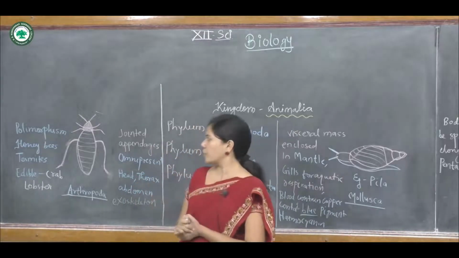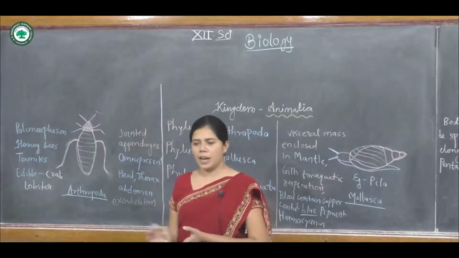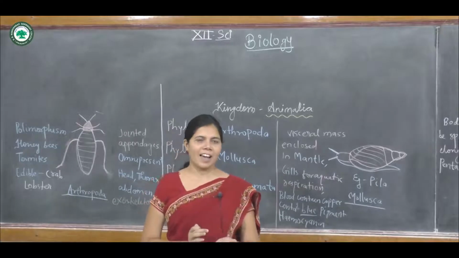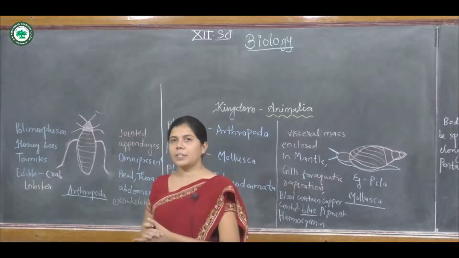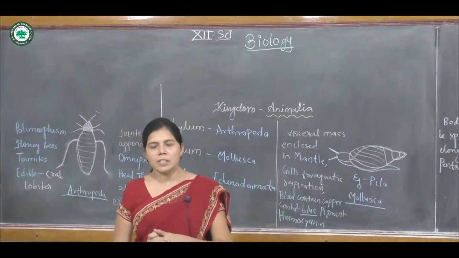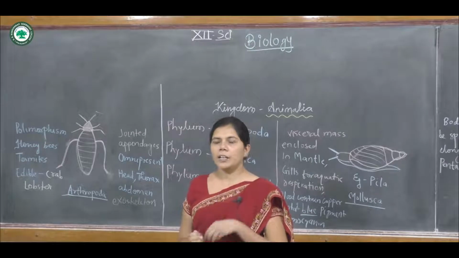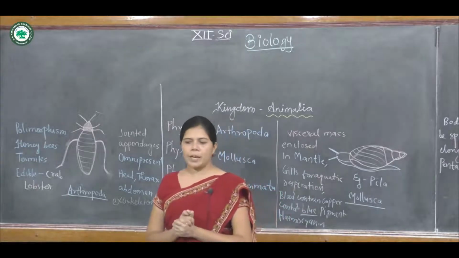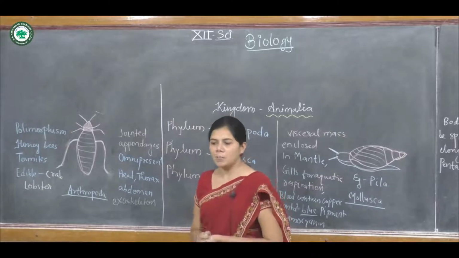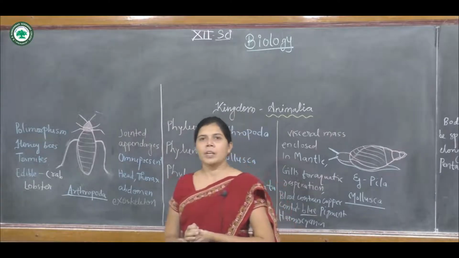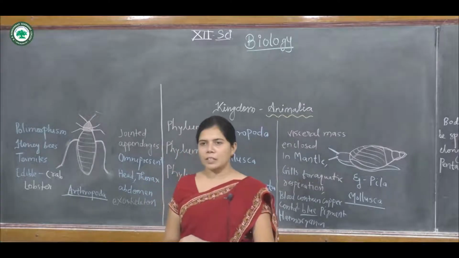The insects which show polymorphism are the honeybees, termites and ants. These animals exhibit polymorphism. Some animals from the Arthropoda are economically important because the honeybees produce honey and wax, as well as